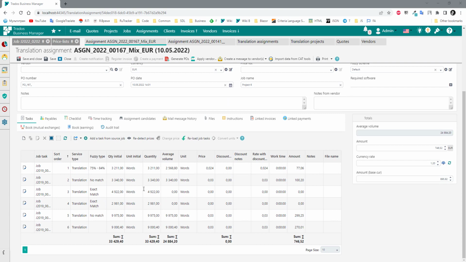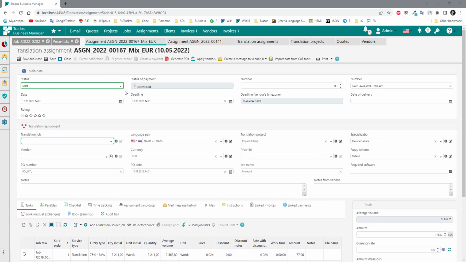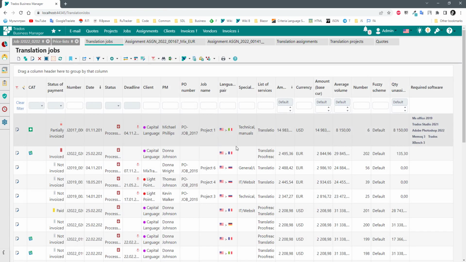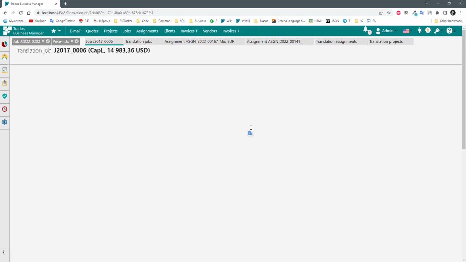As you can see, we can create this manually as shown here, but usually it is not very convenient and not the easiest way. And there are a few other ways to do that. Let's start with translation jobs. For example, when we have the translation jobs list and we see quantity unassigned here, and we know that this job requires to assign 8,000 average words to our vendors. So let's open this job,